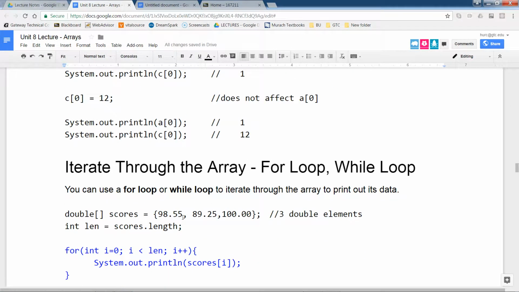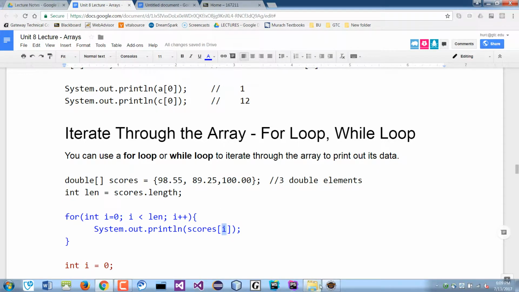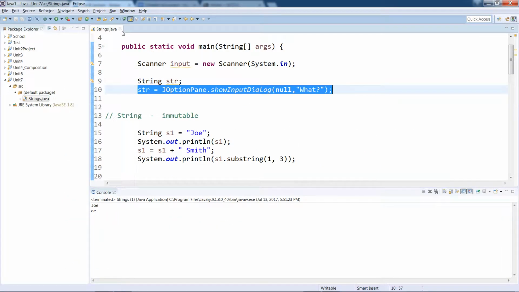So, and then I'll stop here. Do iteration here. So we do a loop. I'll show you a loop, and then we'll loop through the array to print out some data from the array using the index as a variable name. Okay, so